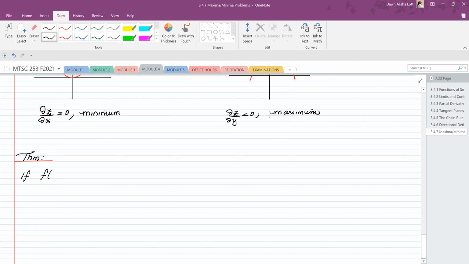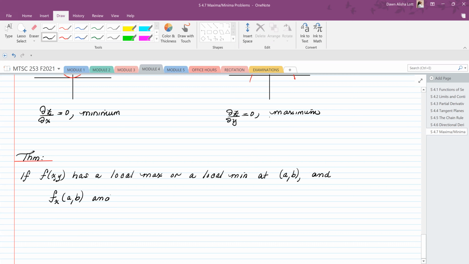If f of x, y has a local max or a local min at the point AB, and the partial of f with respect to x, so f sub x at AB, and f sub y at AB both exist,